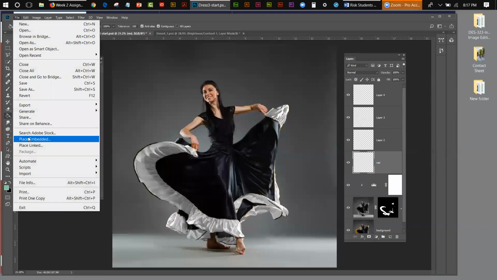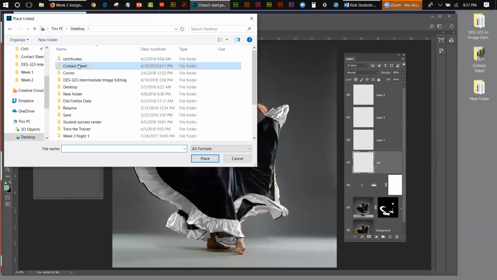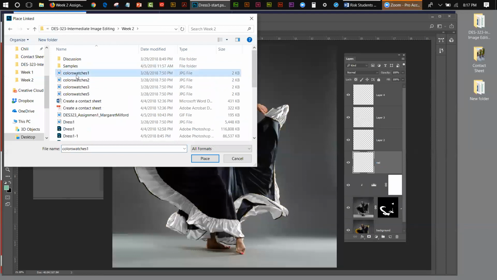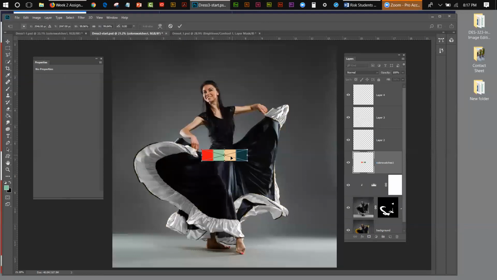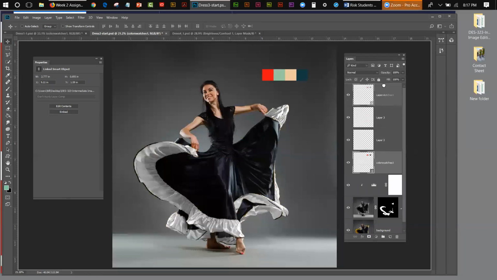Place Linked. Let me go in here to my desktop, into intermediate imaging editing, week 2, color swatches 1, and place. I want to get the color swatches in here because you want to see the color that you're working with. So there's your color swatches. I'm going to drag that all the way to the top. All right, so my layer 1,